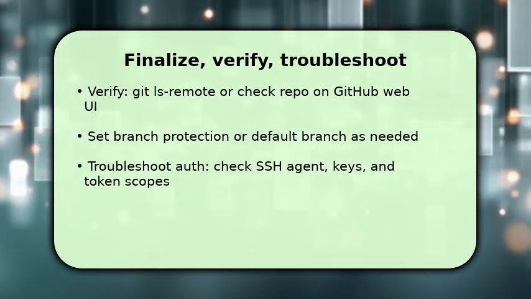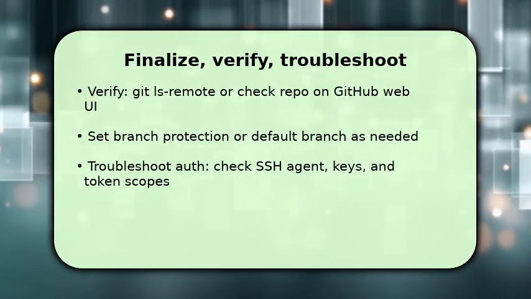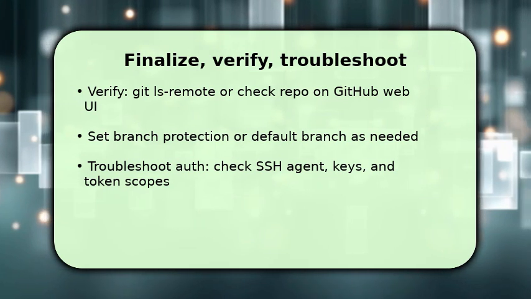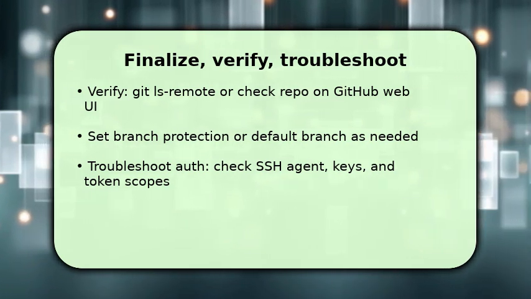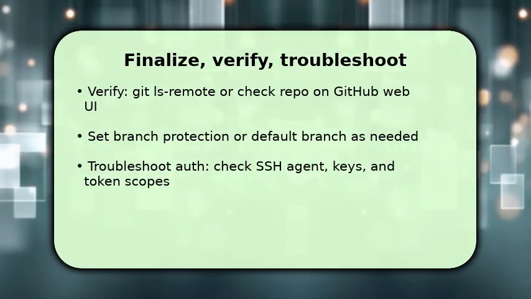If push fails, troubleshoot authentication. Ensure your SSH key is loaded into the SSH agent and associated with your GitHub account, or use a personal access token for HTTPS with correct scopes. Finally, rerun git push after fixing the auth